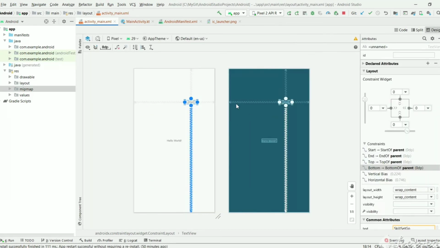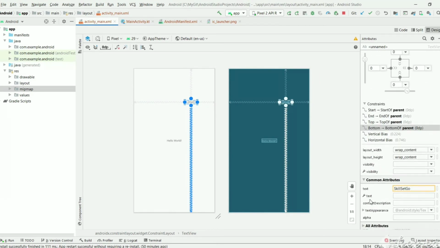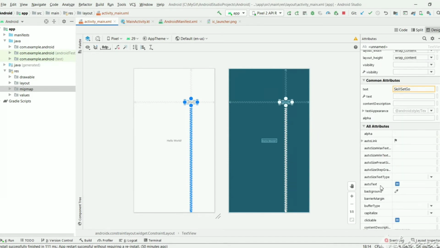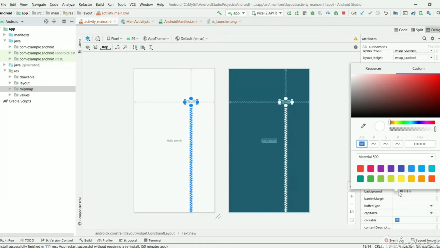Just go to design view, and as soon as you click Skill Set Go, you will be seeing all the properties, text appearance, and all the attributes, auto text, background. If you want to change the background, we can set any color.